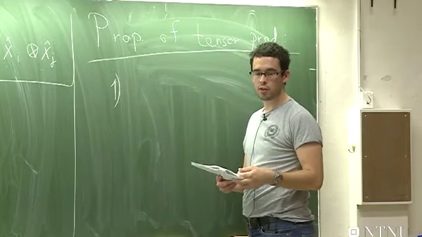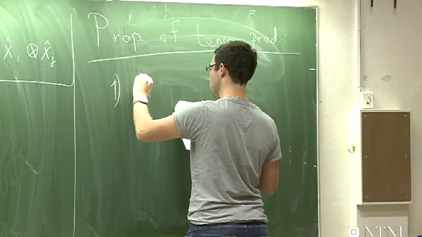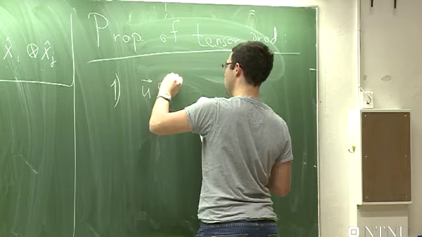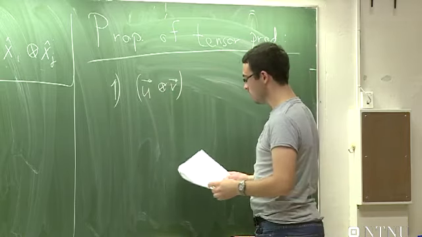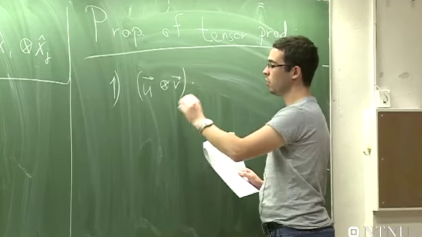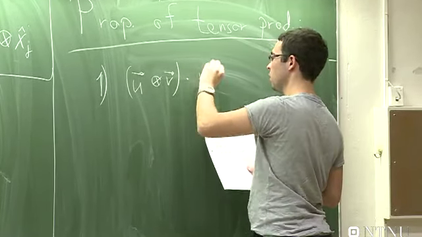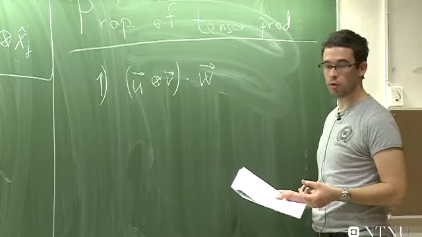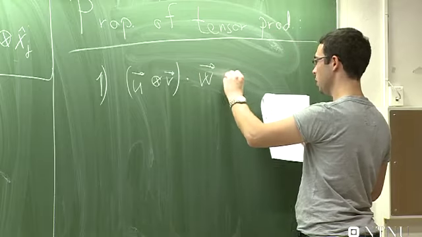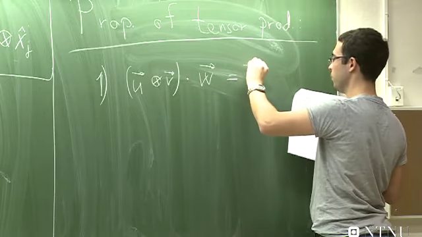First of all, if I have the tensor product between two vectors, let's call them u and v for the moment, and I want to take the dot product with this and a vector w, you can do this by looking at the indices, for example, right? And then I will find that I can contract this to a somewhat simpler formula, which is